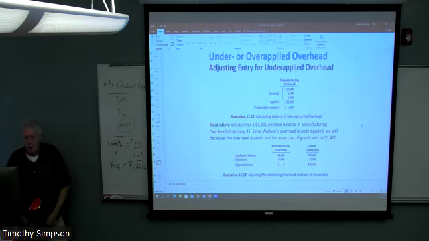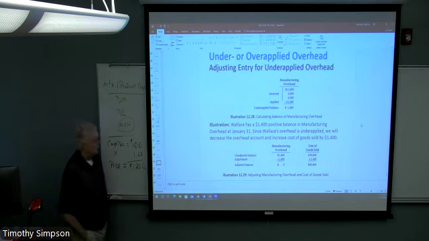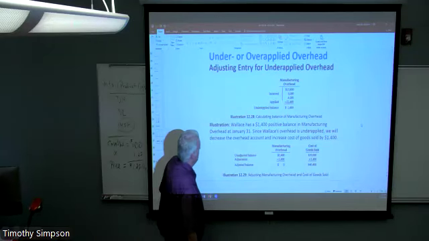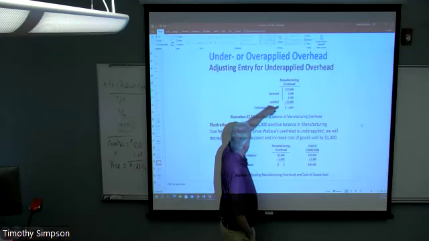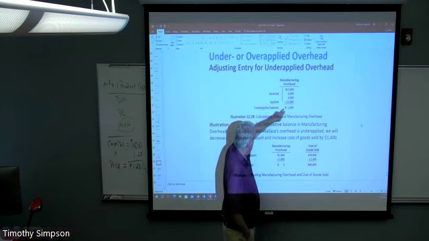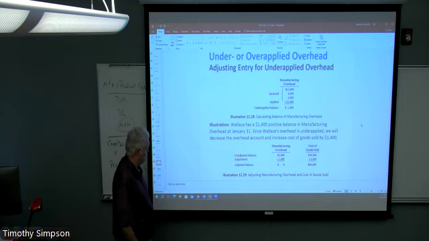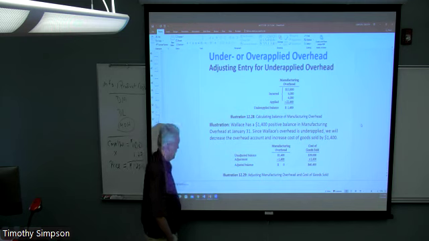So in this case, the example is that Wallace Company has a $1,400 positive balance in manufacturing overhead at January 31st. I guess that's the time period we're cutting off here. So they had incurred 13,800 and all this, and they had applied 22,400, which means they were off by $1,400. It's not a huge dollar figure. It's not really that much of a huge problem. But because they've got a balance, they underapplied it, then we have to simply raise cost of goods sold because we did not apply enough overhead to production throughout the accounting period.